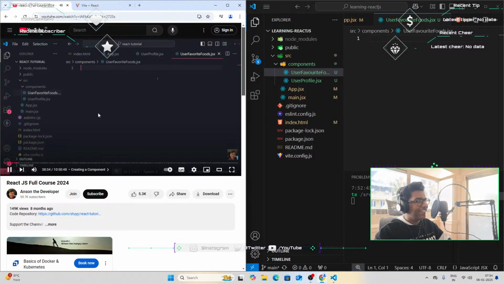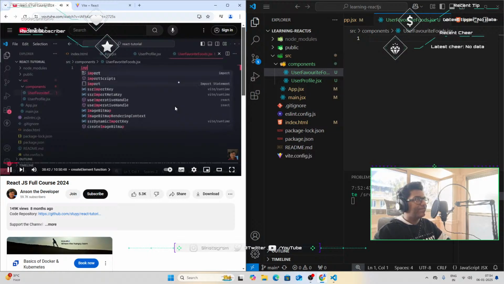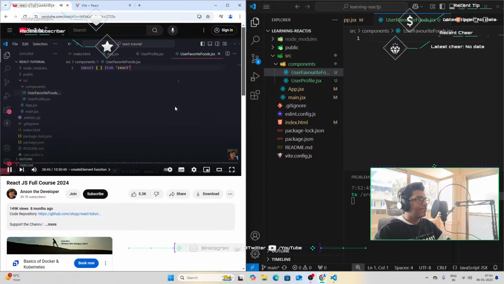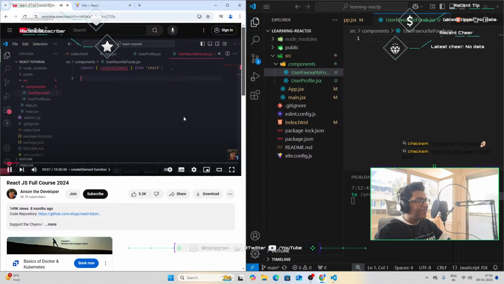It makes it a lot easier for you to manage individual components. So let's go ahead and do this. I'm going to go ahead and import a function from React. And that function is going to be called create element. And this is actually the old way of creating components in React. We don't actually do this anymore, but I thought so, underneath the hood, React actually uses these functions to create the actual elements that get rendered to the virtual DOM. So I'm going to use this create element function, and I'm going to give the name of the function user favorite foods, and then first let me export this function, and then I'm going to return